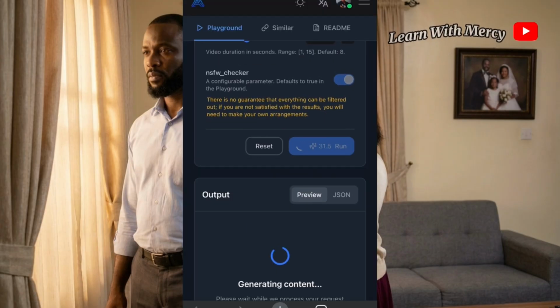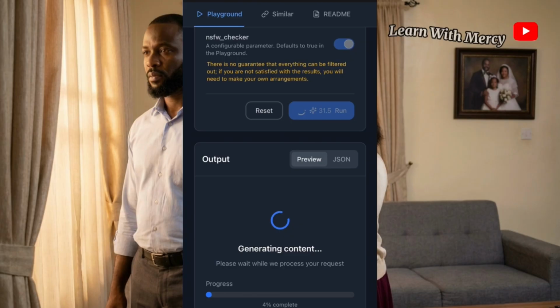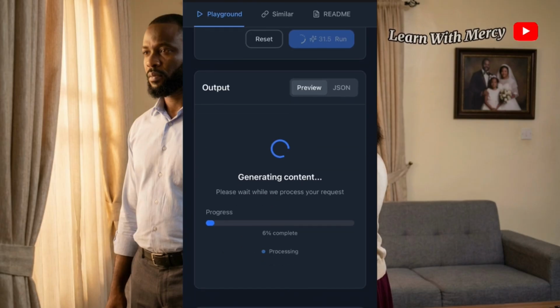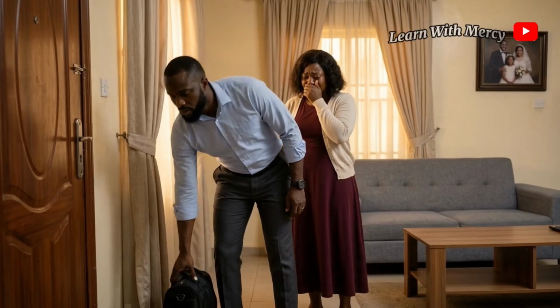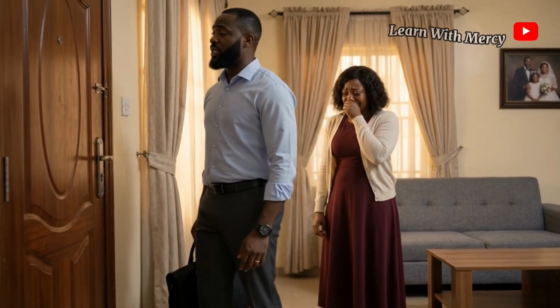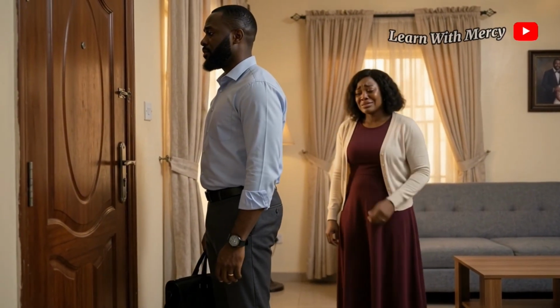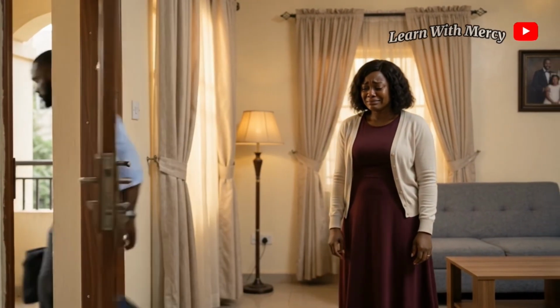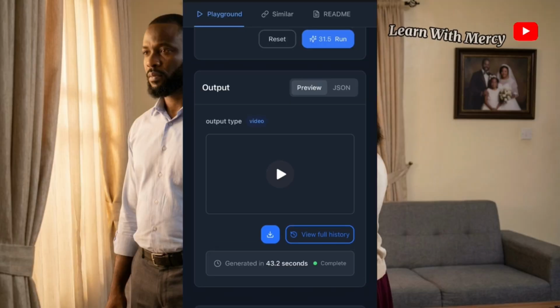But what you do is that you have to switch emails depending on how many scenes you want to generate. If you have 2, 3 emails, 4 emails, 5 emails, or if you have so many phones, so many laptops, it's a plus for you. So this is how you are going to generate your videos from this model. And if you are smart enough, you can generate up to 3 minutes of videos daily.